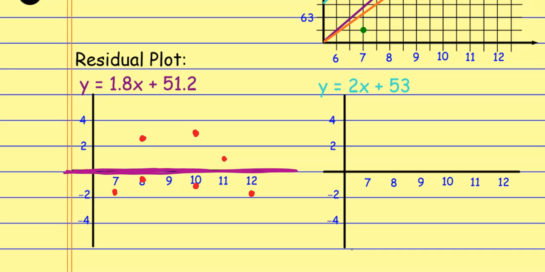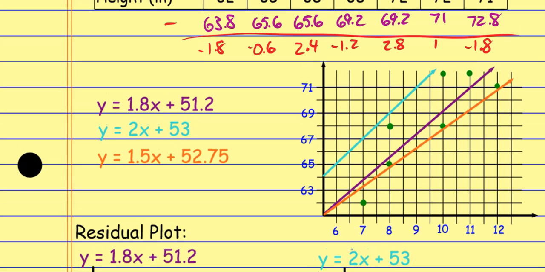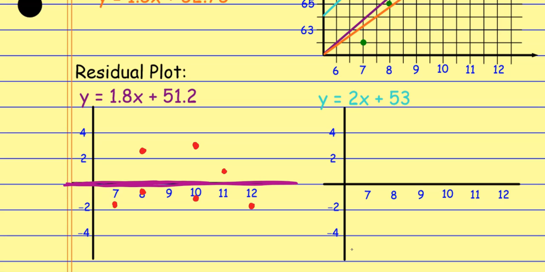I'm basically just showing how far off those points are. And yeah, it's displaying the same thing that I had up here. It's still displaying this difference and this distance between the line and the point, but it's doing it in a way that allows me to analyze it a little bit more closely, okay? So it's just showing me the difference and the distance between my line of best fit and the actual points